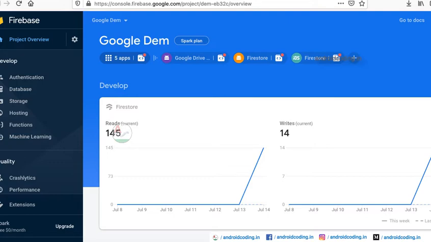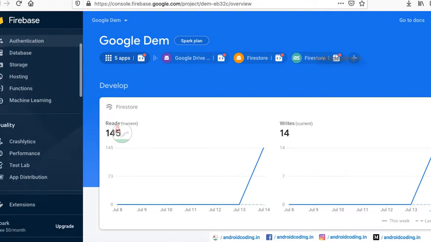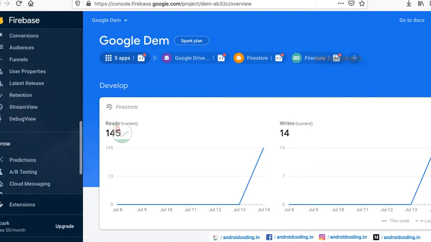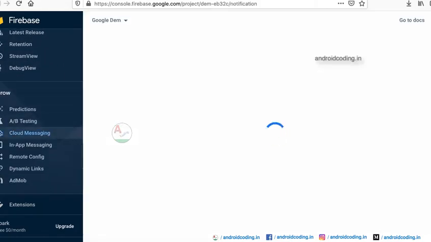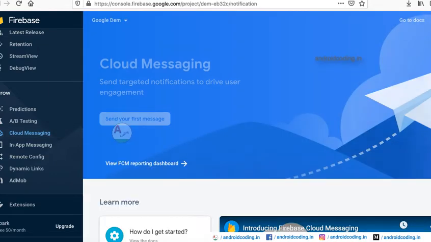Once you add projects, I have also added other projects here. Whenever you create your project, you might see only the two projects which you have added. Once you have done this step, you need to move to the cloud messaging service here.